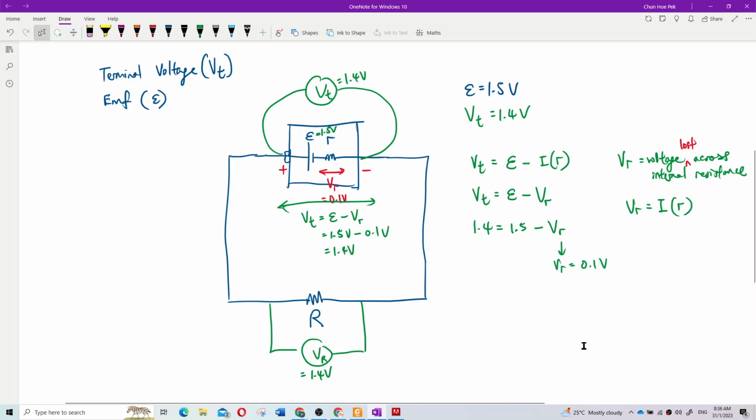So in other words, we can say that terminal voltage is voltage across external resistor. If you can see that, terminal voltage is actually voltage across external resistor. That means